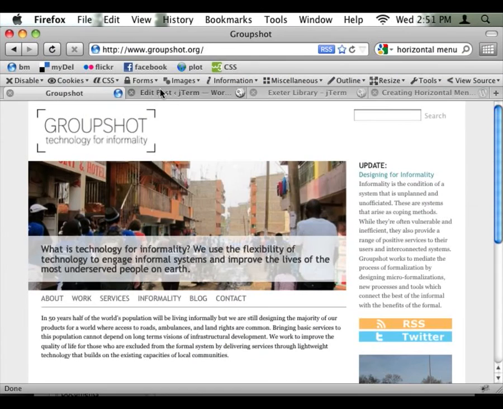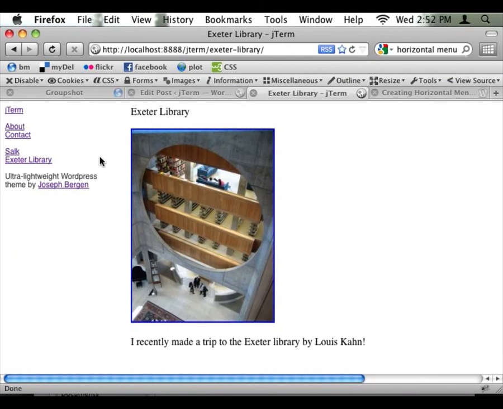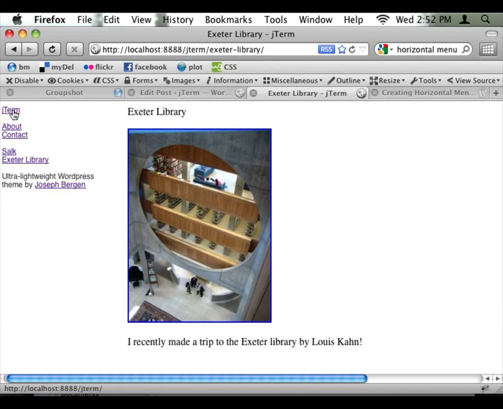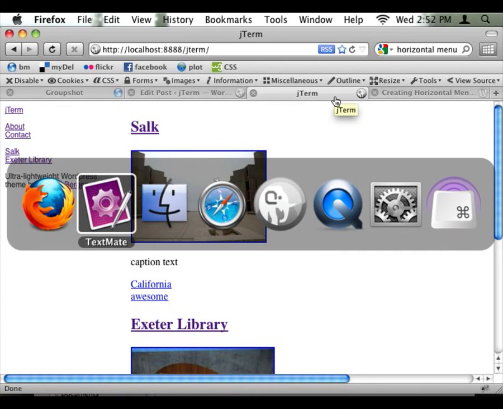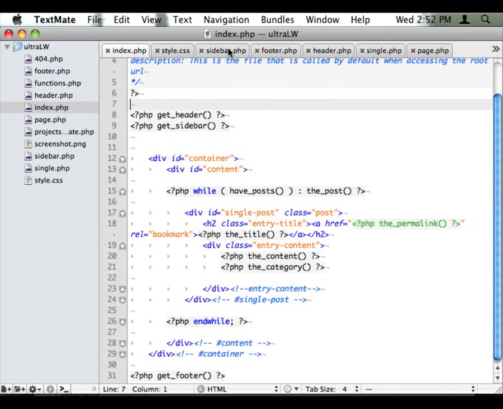And I'll show you where it lives on the web page. So the loop, like I said, loops through your posts. But on here, my posts are actually listed first here. So I have Salk and Exeter Library, even though this isn't all the posts, or all the content in the posts. It's actually looping through here. So I've moved it. I made a custom loop. And my main one lives in the sidebar,